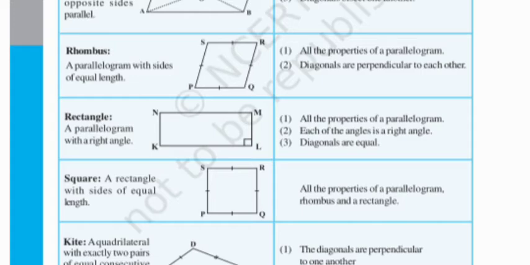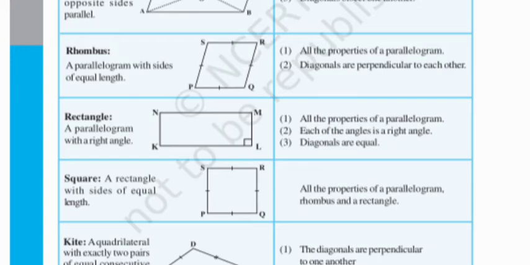Next, you can take page number 56, children. See, in that they have given what we have discussed, in a tabular column, right? They have given the definition of a parallelogram and the properties of the parallelogram. A parallelogram is a quadrilateral with each pair of opposite sides parallel. The properties are: opposite sides are parallel, opposite angles are equal, and diagonals bisect each other.